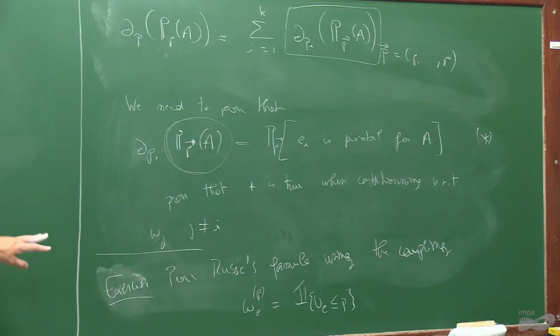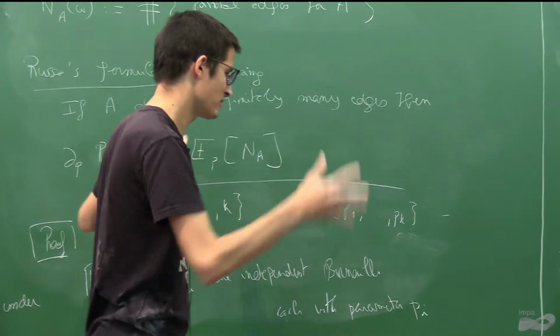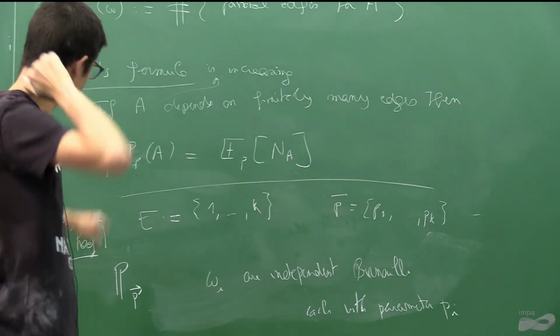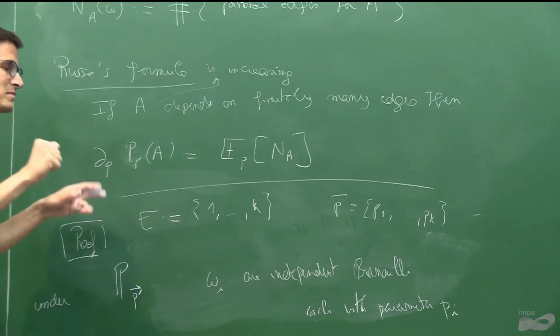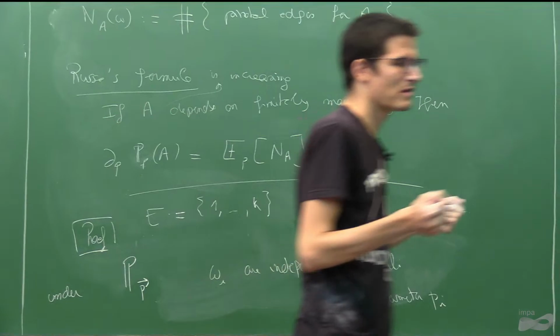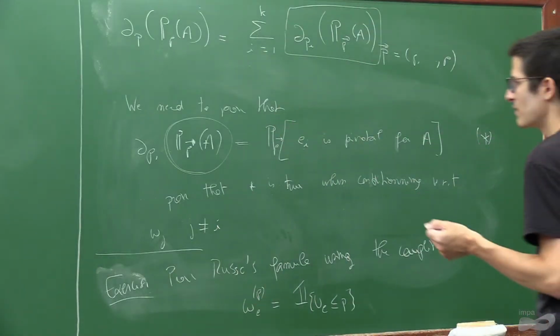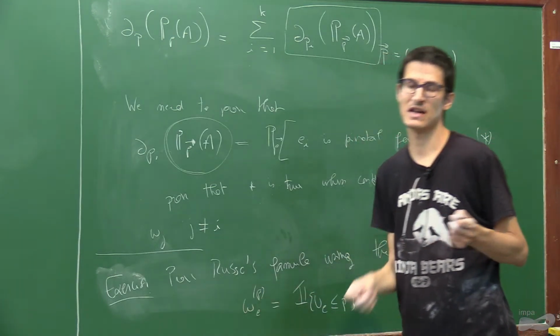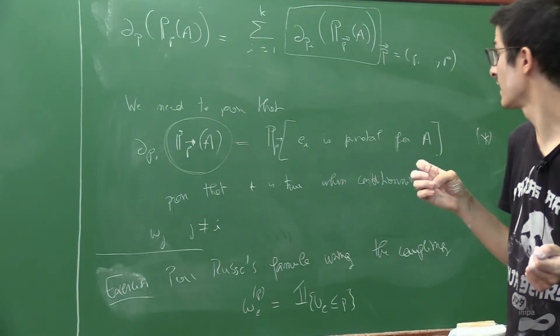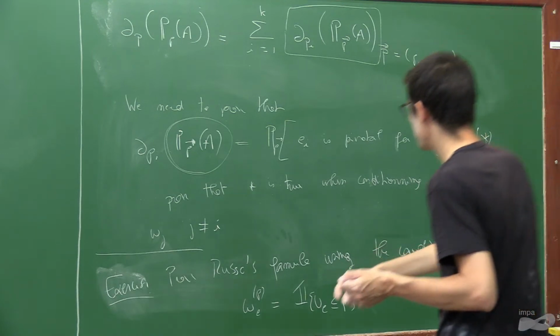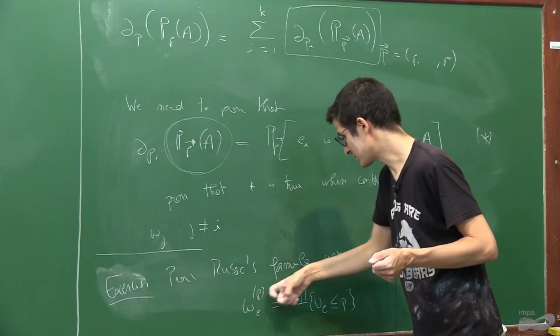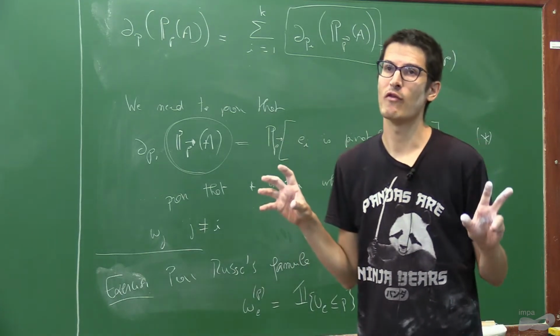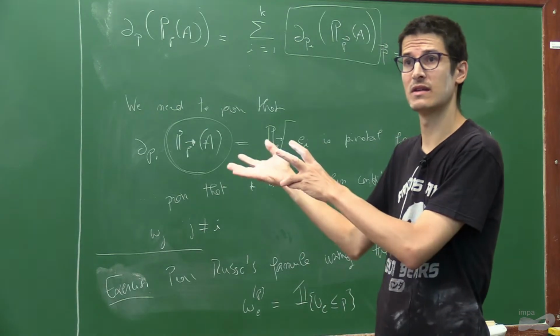Okay, so basically the idea, if you want to avoid using this p with different coordinates, you can just take the difference between P_p of A and P_{p+epsilon} of A. Then what you have to evaluate first is, if epsilon is very small, the probability that omega_e(p) and omega_e(p+epsilon) differ in two places will be of order epsilon squared, so it will not count in the derivative.